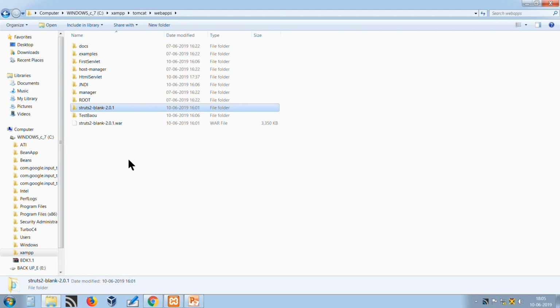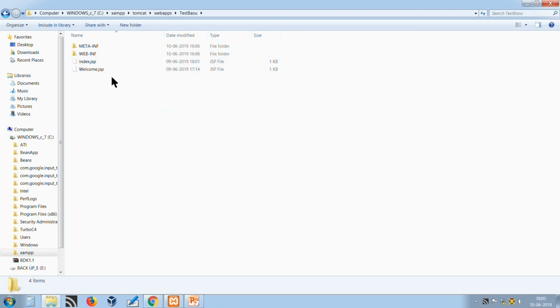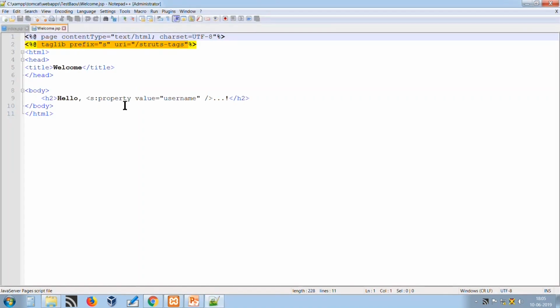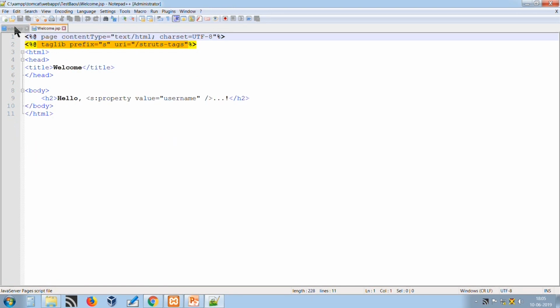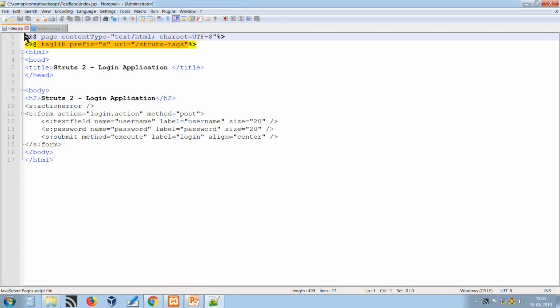After learning these concepts, now we will move towards the test application, that is our Struts based application that we have developed. In this application we have two JSP files. What we are doing is just displaying a welcome message, so that whoever user logs in will be welcomed through the welcome message like this. So, let us see the index.jsp.